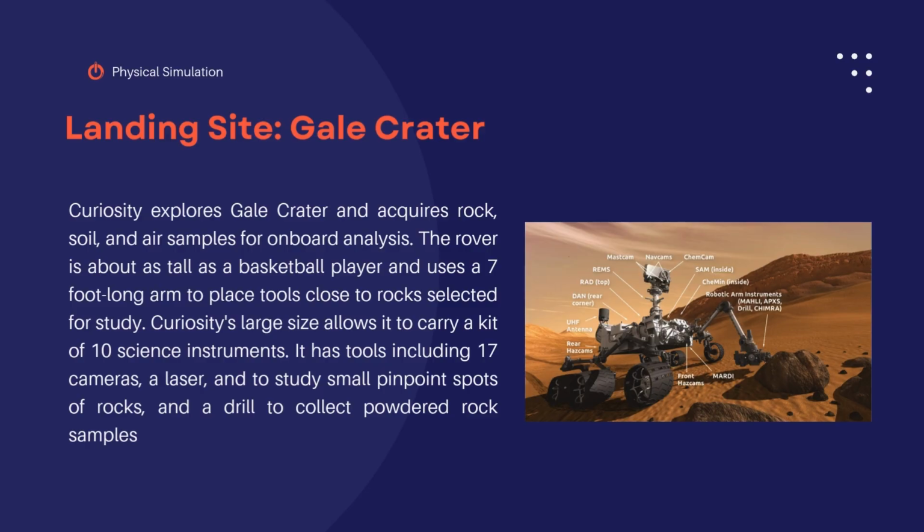The rover is about as tall as a basketball player and uses a 7-foot-long arm to place tools close to rocks selected for study. Curiosity's large size allows it to carry a kit of 10 science instruments. It has tools including 17 cameras, a laser to study small pinpoint spots of rocks, and a drill to